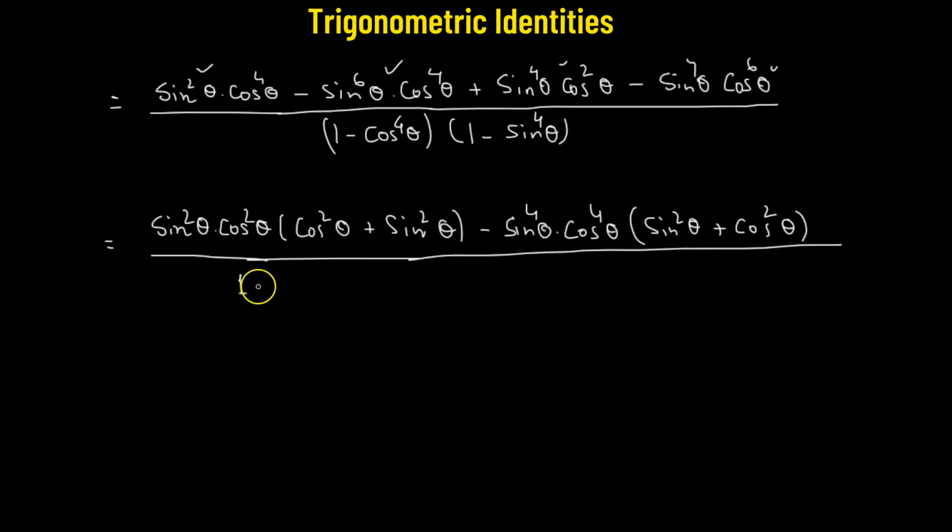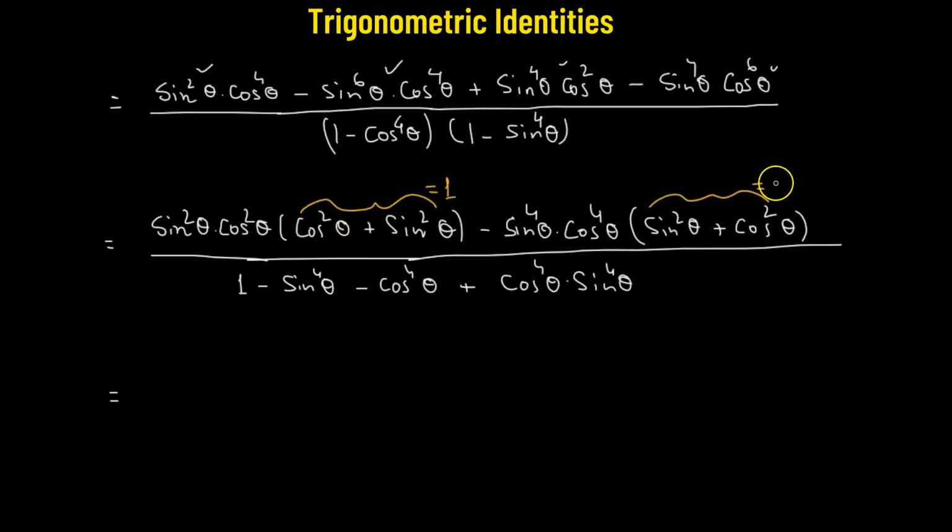So we're going to multiply them, so we have 1 minus sine theta raised to the power of 4 minus cosine theta raised to the power of 4 plus cosine theta raised to the power of 4 times sine theta raised to the power of 4. Right. Now we know that cosine squared theta plus sine squared theta is a standard trig identity with a value of 1. So here in both the cases we're going to get sine squared theta plus cosine squared theta equals 1. So we have sine squared theta times cosine squared theta minus sine theta raised to the power of 4 times cosine theta raised to the power of 4, whole divided by